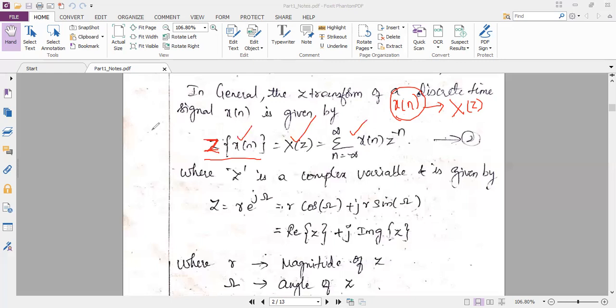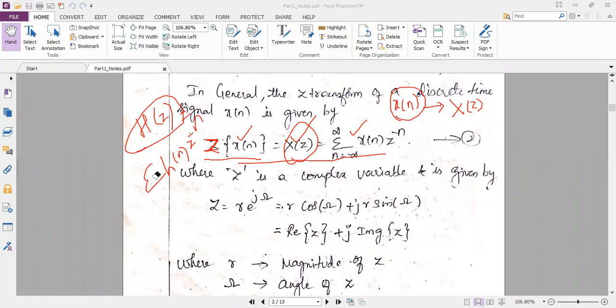So in the previous equation, we have seen the z transform for h of z. So h of z was equal to summation n equal to minus infinity to plus infinity small h of n z power minus n, right? So I want the z transform for my input also. Earlier we got the z transform for the impulse response. Now we want the z transform for the input x of n. So we are writing this equation by ourselves.